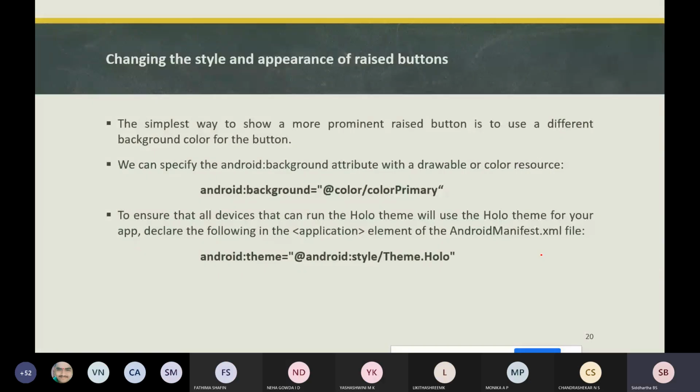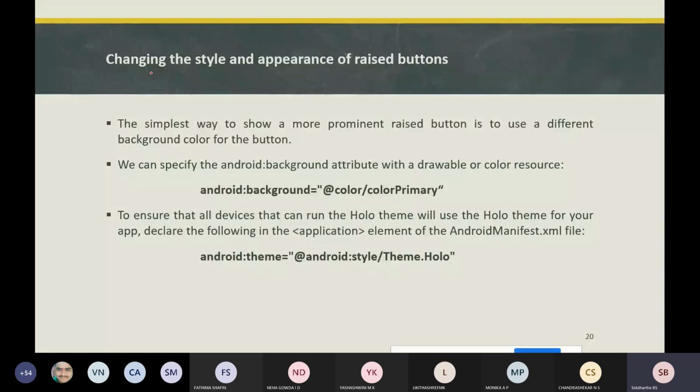Okay, in the previous sessions, we learned about buttons. In buttons, you have two types, that is raised buttons and flat buttons. In the previous sessions, we learned how to use a raised button, how to use text and icon, and only icon buttons. Today, we learn about one of the topics in raised buttons and flat buttons, and how to input controls of making choices.